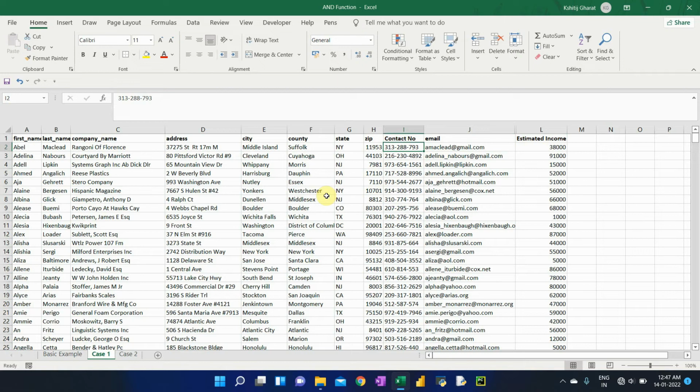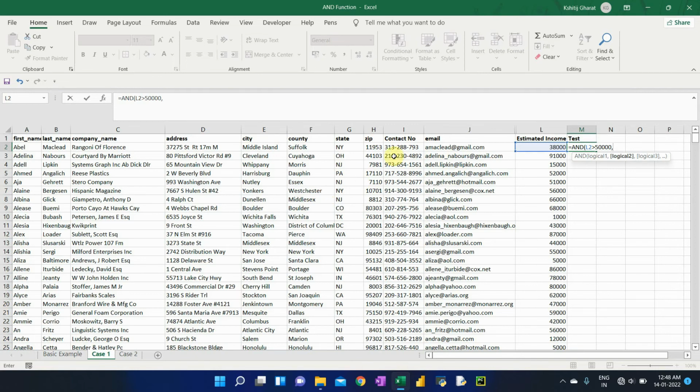So to filter out incorrect contact numbers and get my target clients, I'll perform a test in column M and I'll say is equal to, and my first logical test is that my estimated income should be more than $50,000. And the second logical test is that the number of characters in column I should be 12. Why 12? 10 digits of mobile numbers and 2 of hyphen.